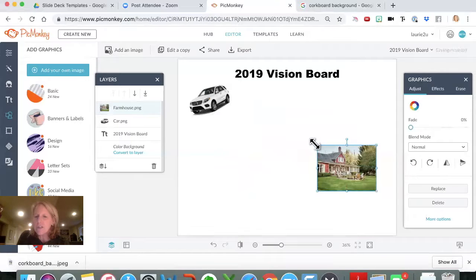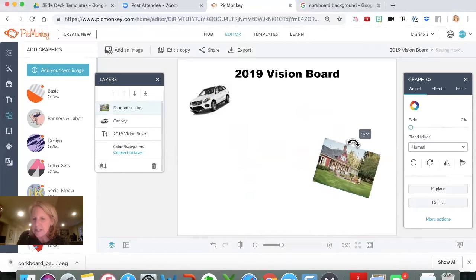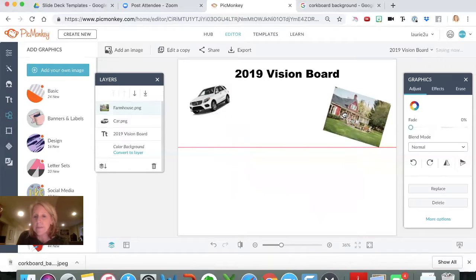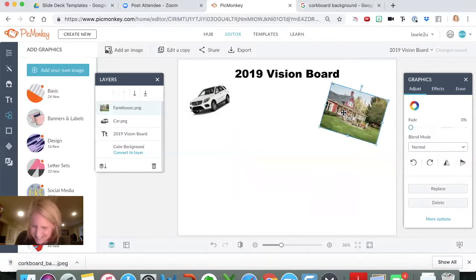And you can tilt things. So up here, see the little icon, when it turns and it has arrows going from side to side, you can tilt it. I am personally not a graphic designer. So when I do something like this, it's going to be basic. It's not going to be all fancy schmancy. I do my best. Tilting is about as good as it gets for me. Okay, so these are dreams of some things I want in the future.